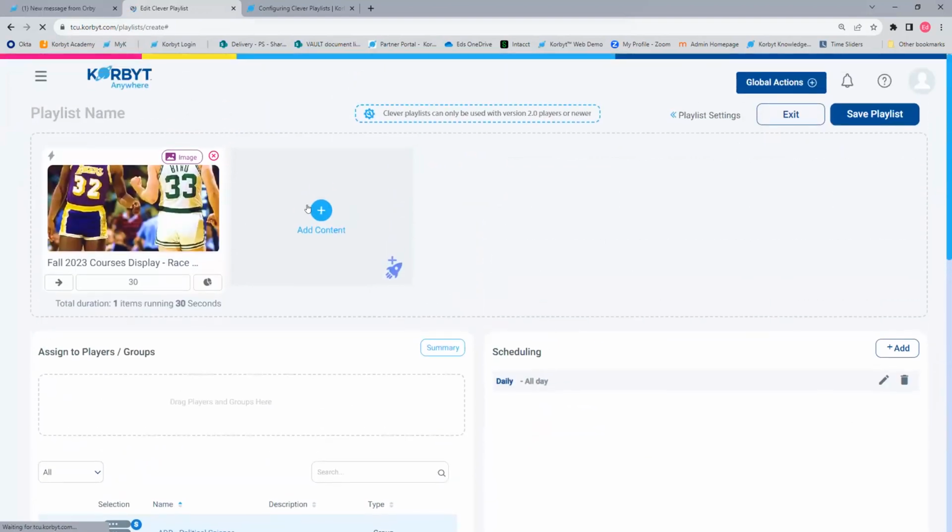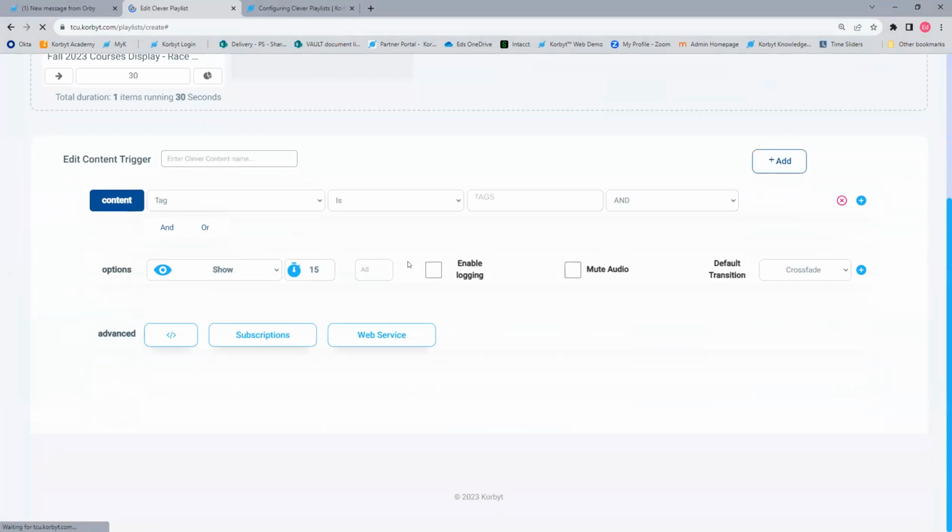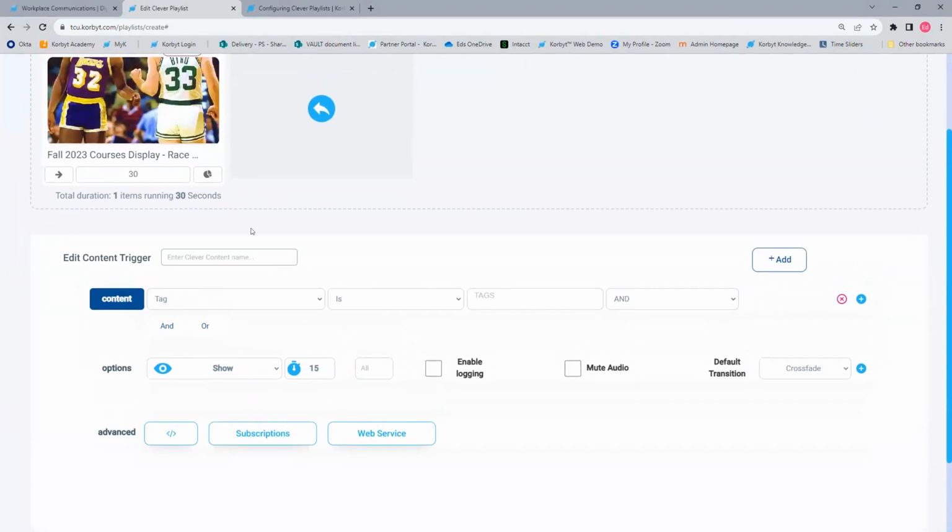You can also create rules that pull content for you based on its tag or based on the folder where it's saved in Korbyt. So you can create automation that makes your job easier. You can also add controls in that automation.